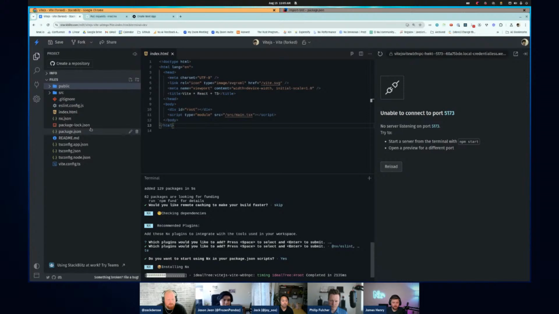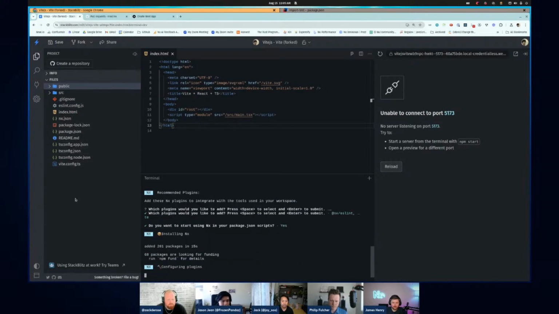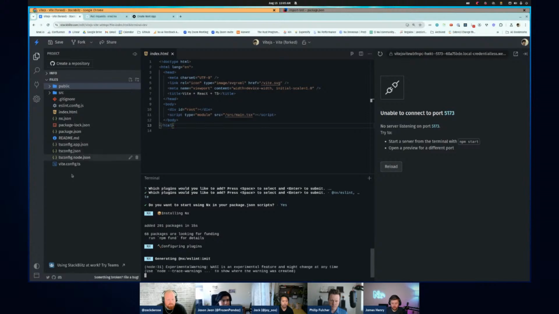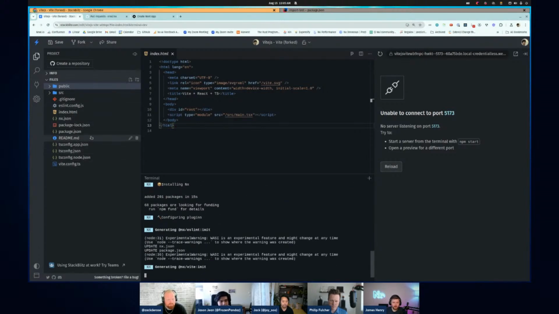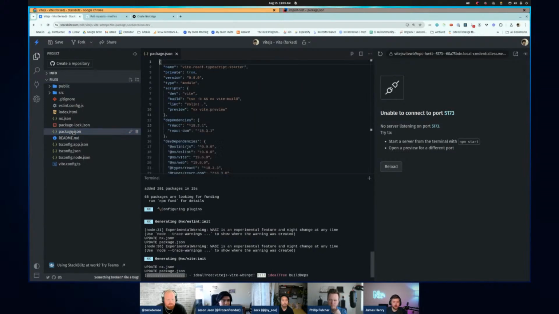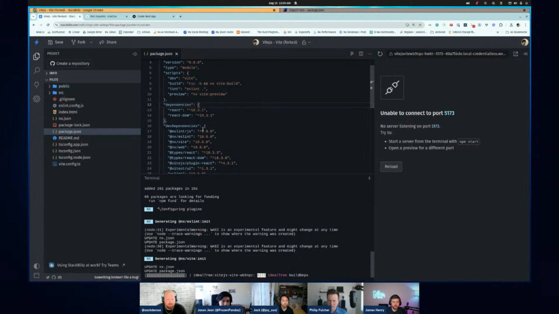And this is going to set up NX as well as plugins to integrate the tools used in this workspace. So we have Vite here, we have ESLint here, so this is setting them up. Okay, so you'll see that the NX packages have been added, and you'll see that these scripts have changed.